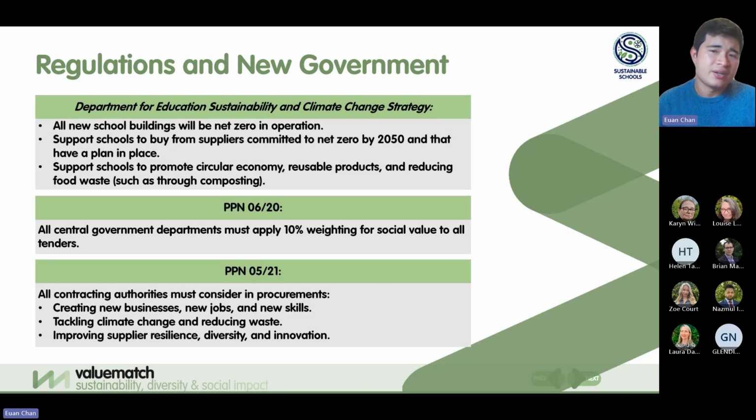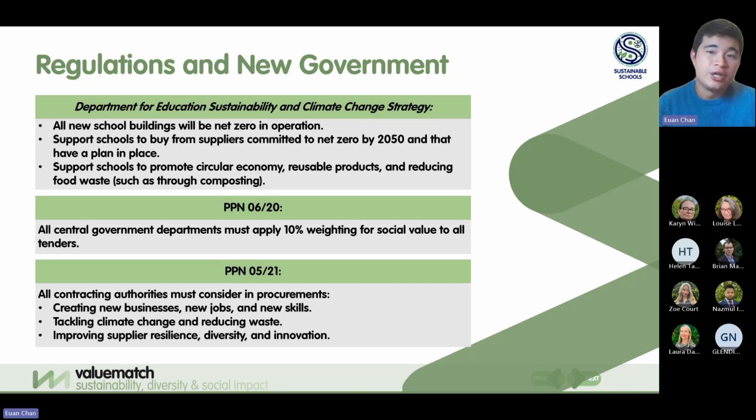And in our experience supporting with bid reviews in public sector tenders, we've seen that social value is an area that's increasingly prioritized in tenders from organizations such as Crown Commercial Service. So we often get asked for help on how to respond to these social value questions. And while PPN 06/20 was released in September of 2020,